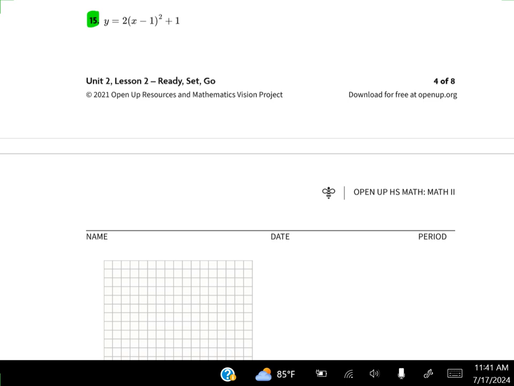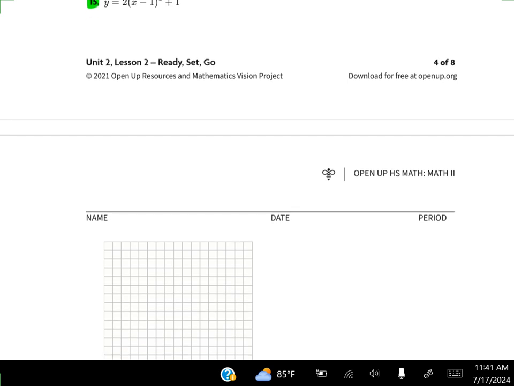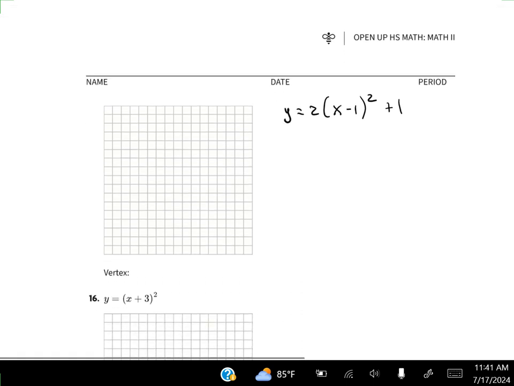It's still going to look similar, but in this one, since a is greater than 1, it's going to look a little bit more stretched out than usual. I'm going to rewrite the equation down here just so I don't have to keep scrolling back and forth: 2(x minus 1) squared plus 1. All right. So for this problem,